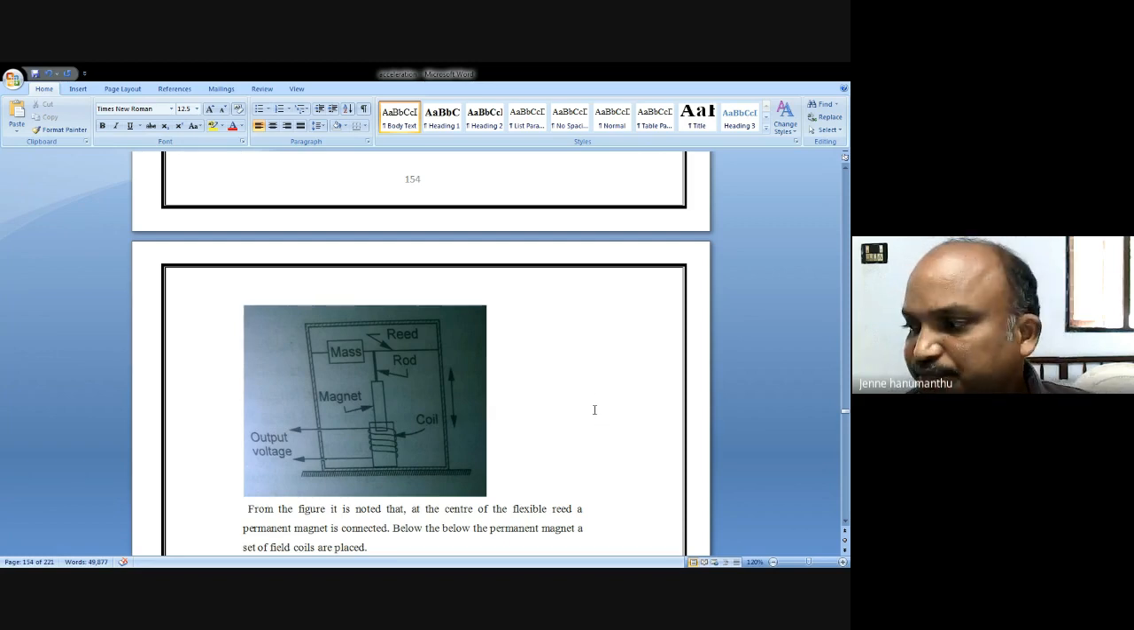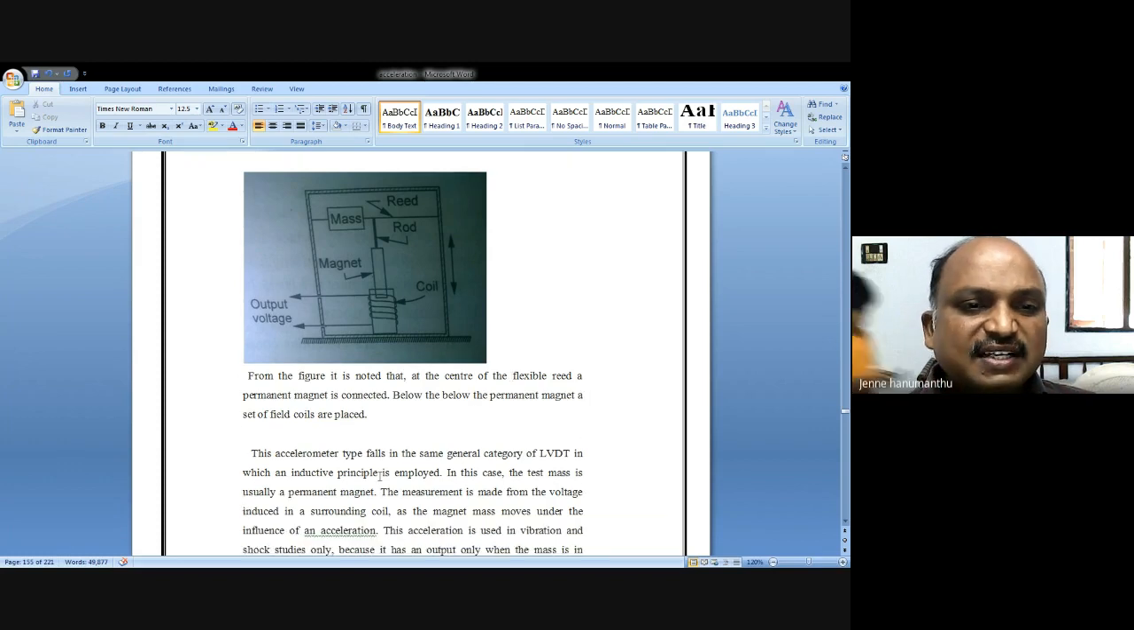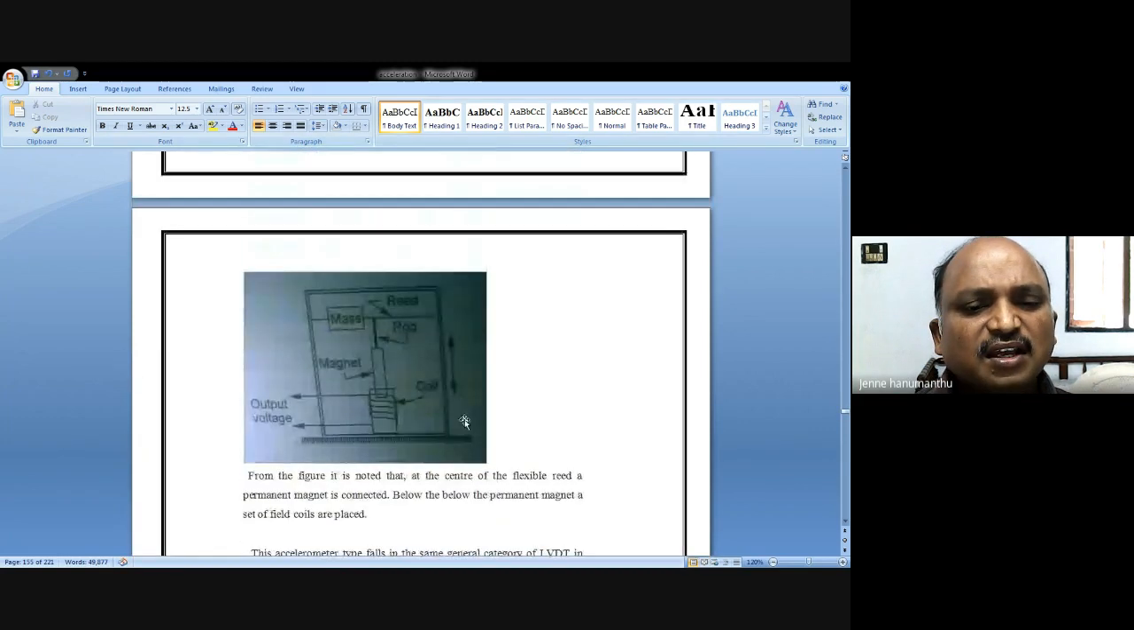So different methods work for measuring acceleration. I think these are all available in the syllabus. Now I am going to stop here. If you have any doubts,